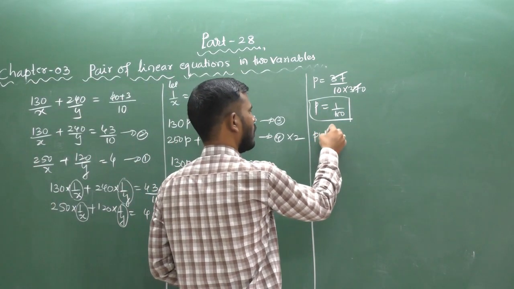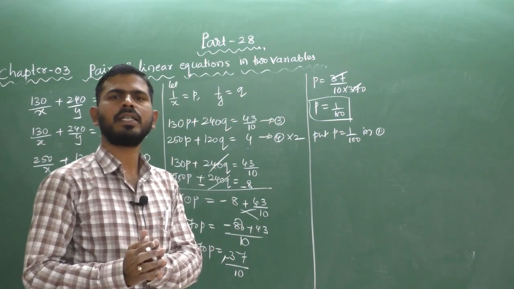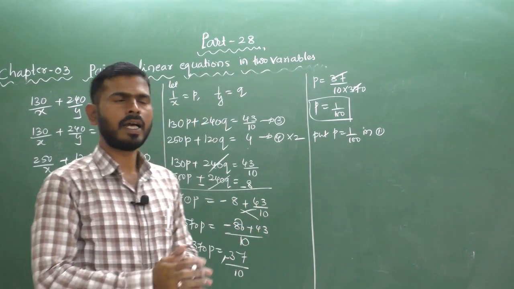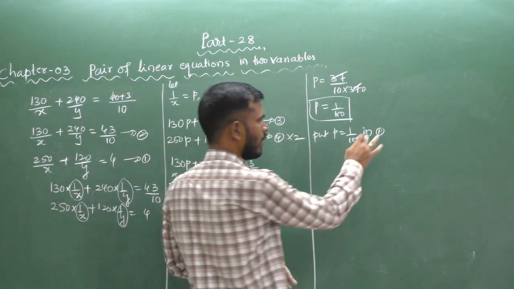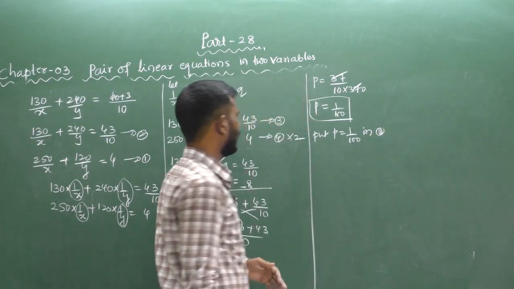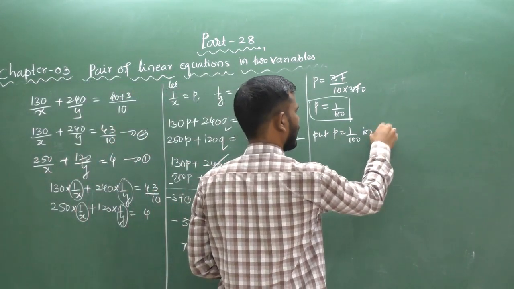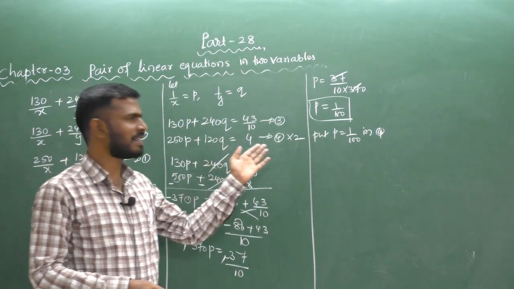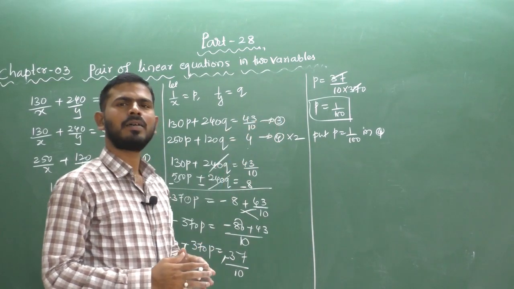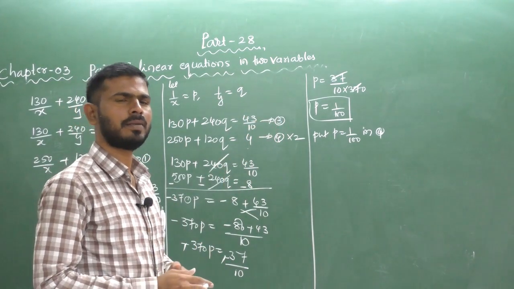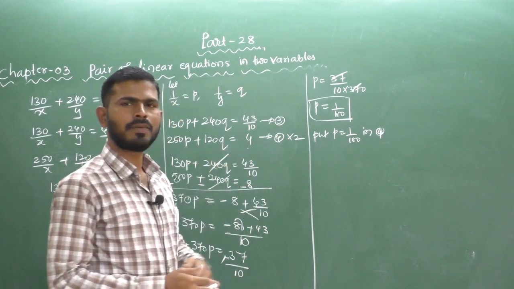Next step, put p equal to 1 by 100 in equation number 1, or you can substitute in equation number 2, and you will get the value of q. In the equations, you can take here 3 or you can take 4 also. 4 is very simple, because here a fraction number is not given, that's why I select the fourth equation. The third equation has 43 by 10, so there is a little bit of confusion and you will need more time to simplify the fraction. That's why I take the fourth equation.